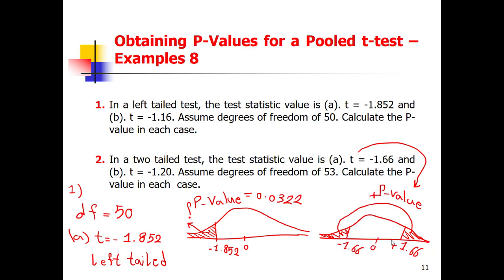Since it's symmetric, that area is also equal to this area. So you just need to go to the z table and find this area, and this area multiplied by 2 gives you the p-value in this case. You can also do it for this example. But for now, yeah. So z table in general, this is the general method that we use to find p-value